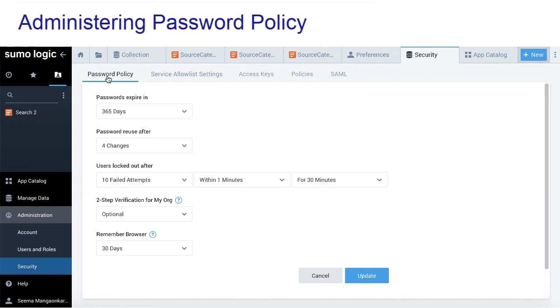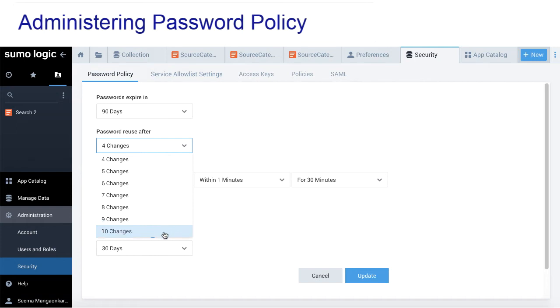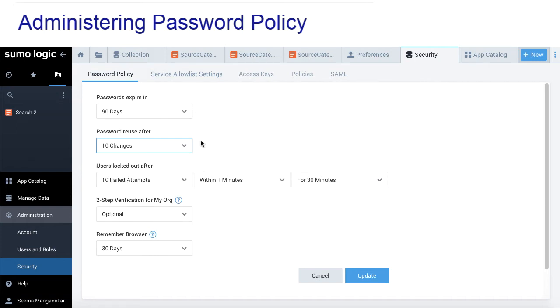Let's start with the first tab, Password Policy. Sumo Logic allows you to define organization-wide password policies for users. This includes the ability to make passwords expire after a period of time. For example, 90 days can be selected. Next, you can control the password reuse policy, such as 10 changes means you cannot reuse any of the past